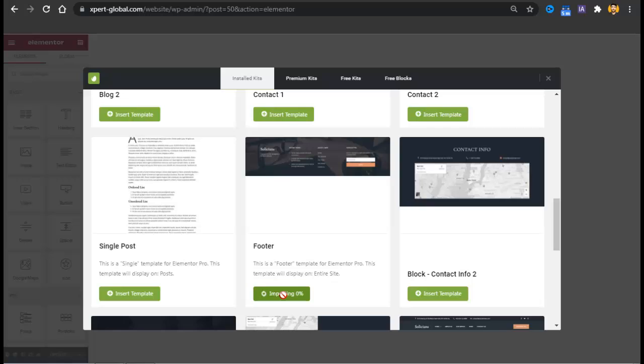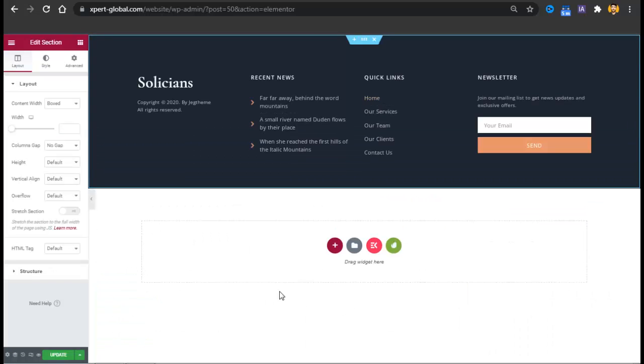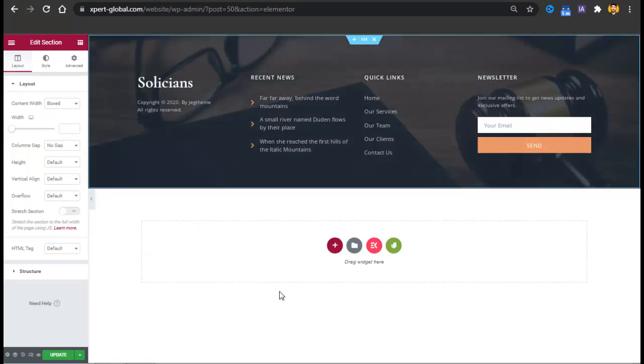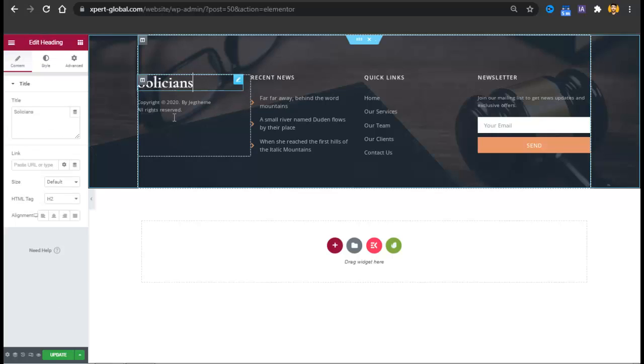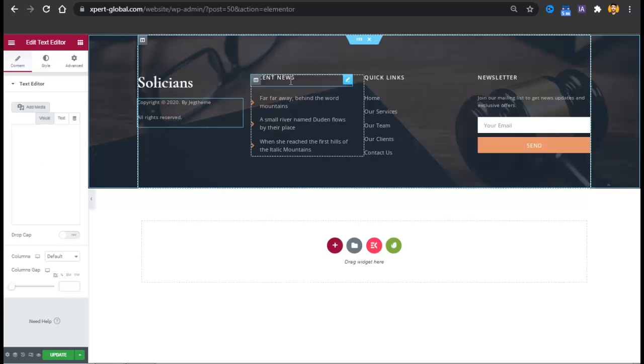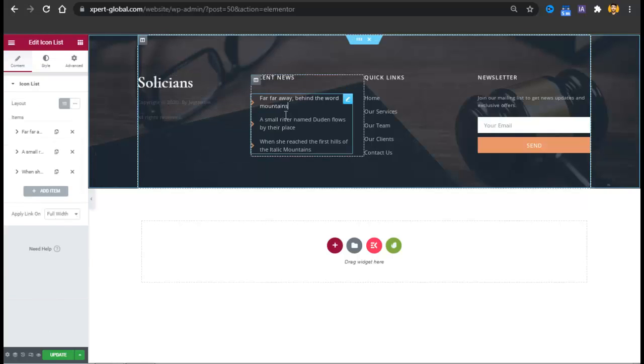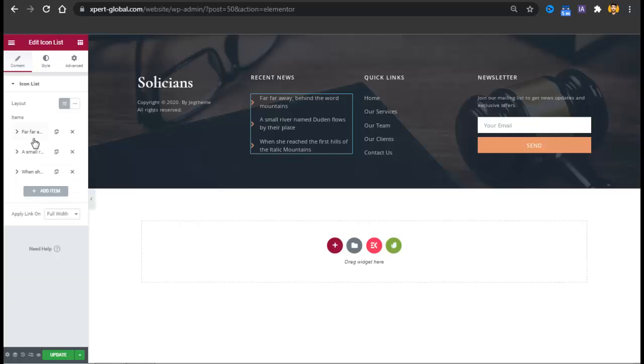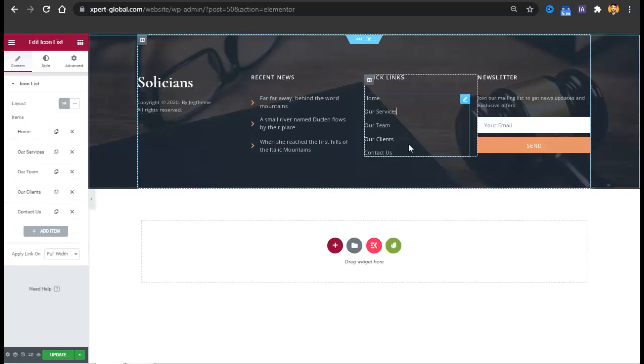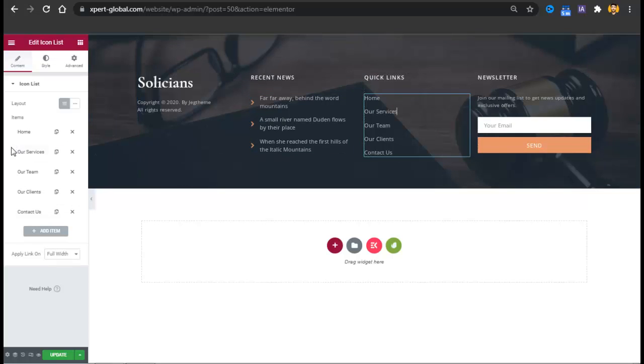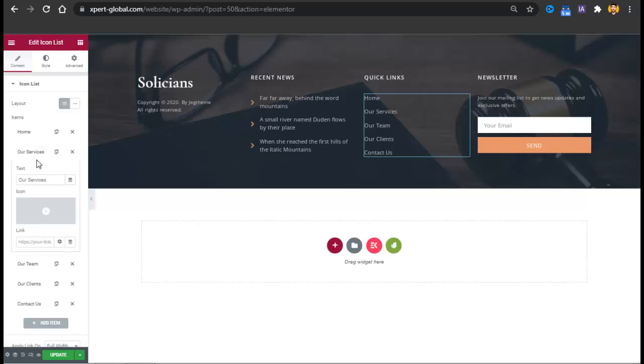And with the same process, you just have to edit your footer as you edited your header. It would take some time to get imported because it has some CSS JS files. So it is imported now. What you simply have to do is change this text, or you can add a logo here. And if you want to change the links, you can change the links here. And also here is the menu. You can also change the menu here.